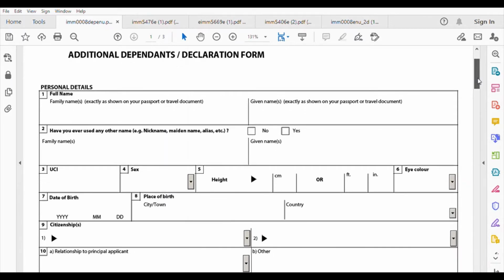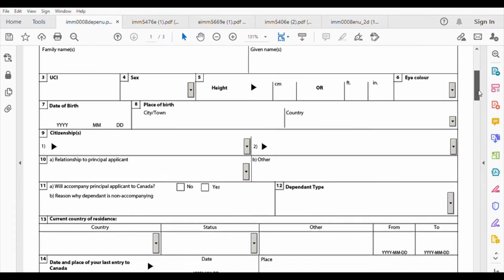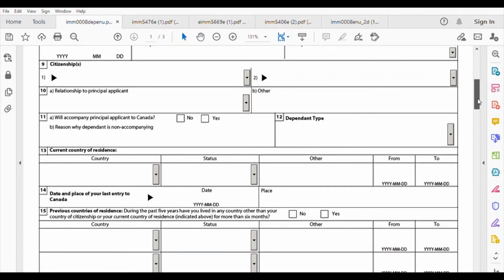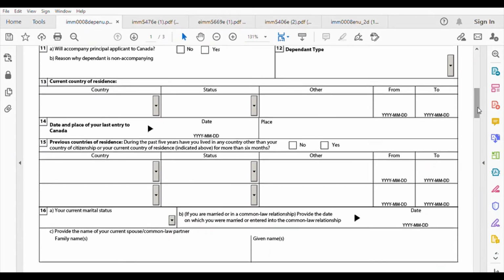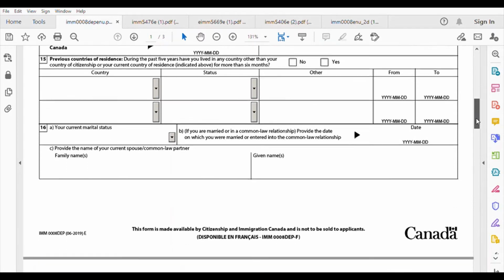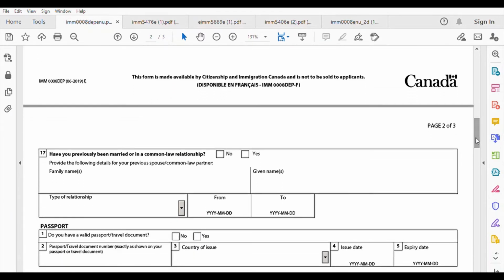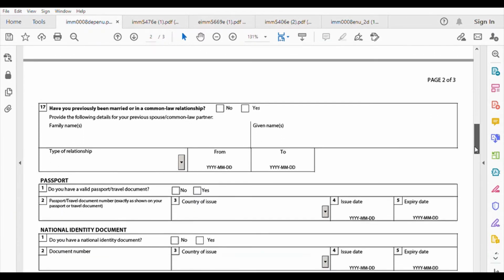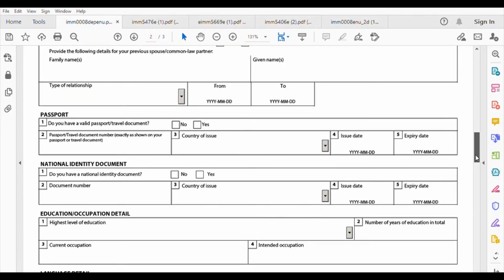It's the same information: the family name, the given name, the sex, height, date of birth, citizen, current country of residence, date and the place of last entry to Canada, current marital status, previously been married or in common law, passport information, identity document information,